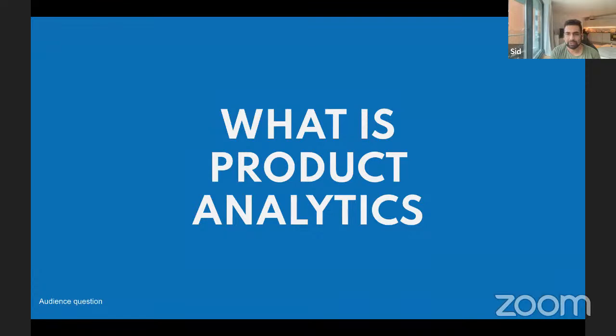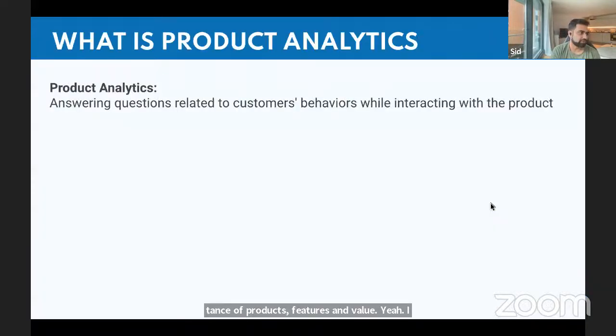Okay, I'm not getting any responses. I don't know if analyzing the features quality... Okay, analyzing products. I think if you're using the word analytics in defining analytics, it takes away the essence of the message. So try to help me understand what analyzing products really means, whether it is adding value, metrics to measure how the product works. It's more of how the product performs, product behavior, product usage from the customer, difference of products, features and value. Yeah, I think most of the responses are on point.